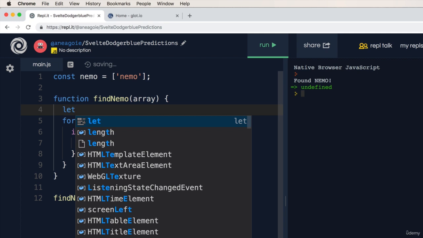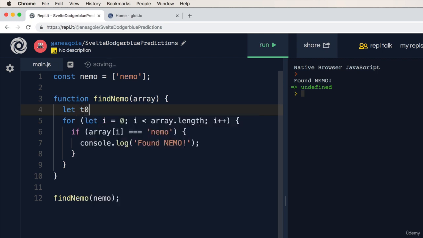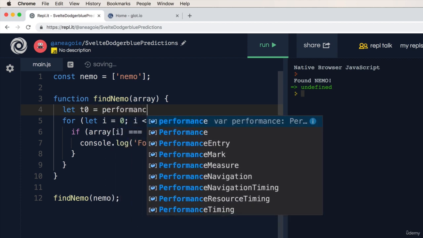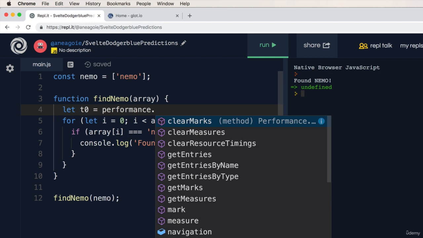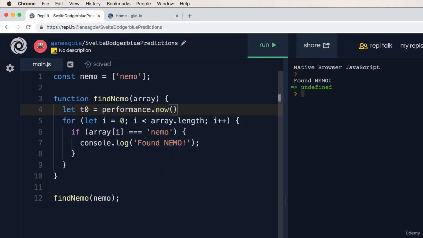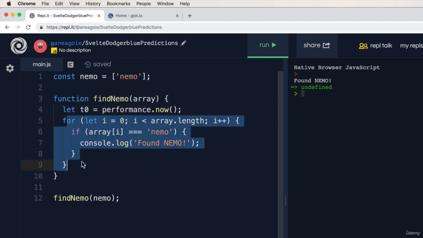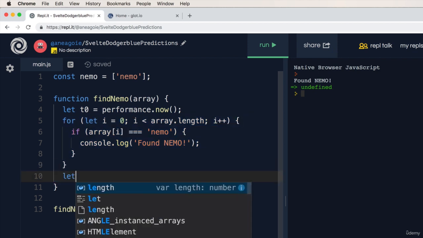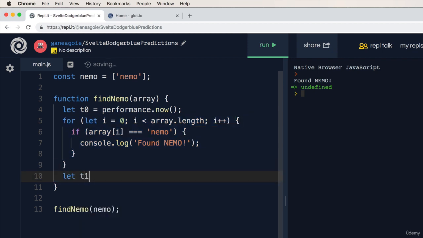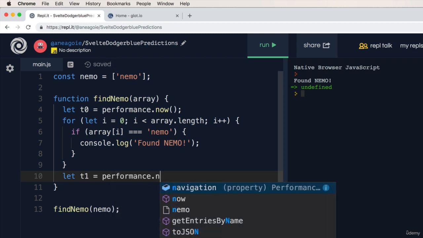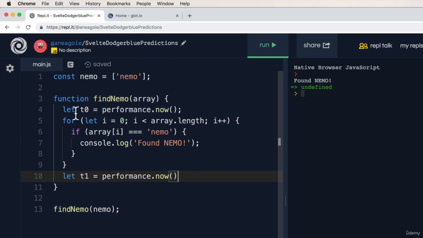We can do this in JavaScript by saying, let's say t0 is going to equal performance, which comes built in to the browser, and we just say now. And this t0 is going to start this timer before the loop happens. And then when the loop ends, I'm going to have another timer called t1, and this is going to equal performance.now. So we have two timers, one at the beginning, one at the end after the function goes through the